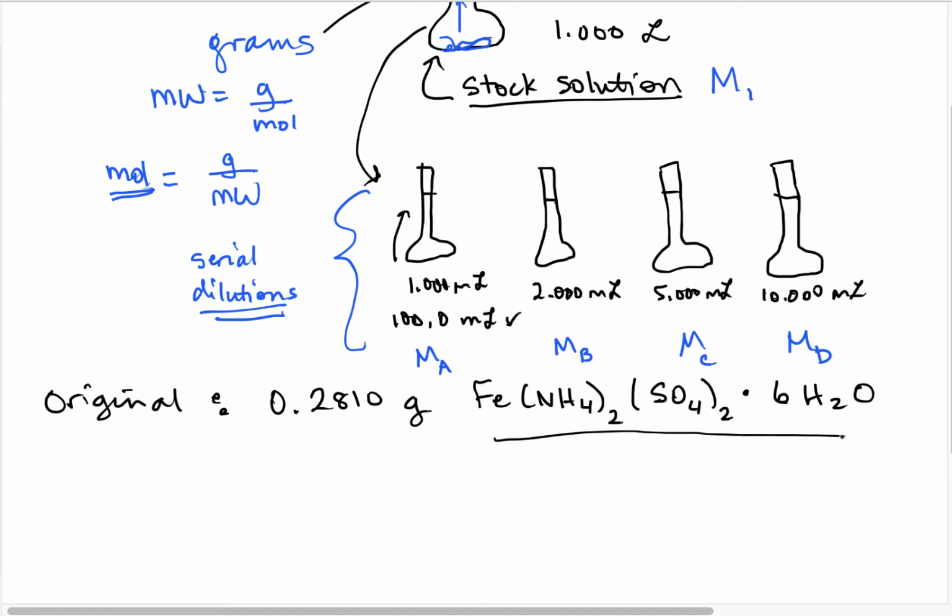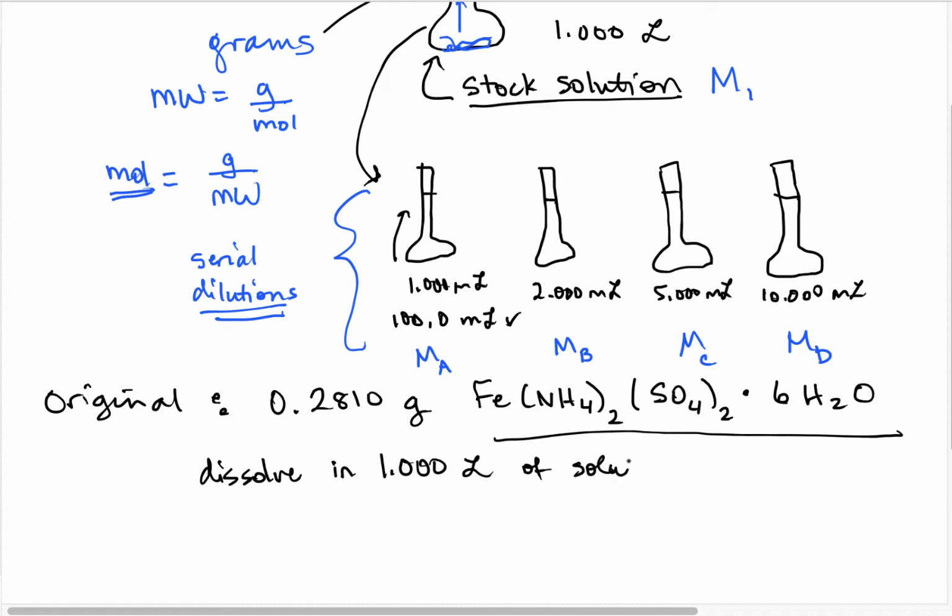So this is probably the wackiest chemical formula that you've seen so far. We would take this compound, and I'll talk about this in a minute here, and we would dissolve it to make 1 liter of solution